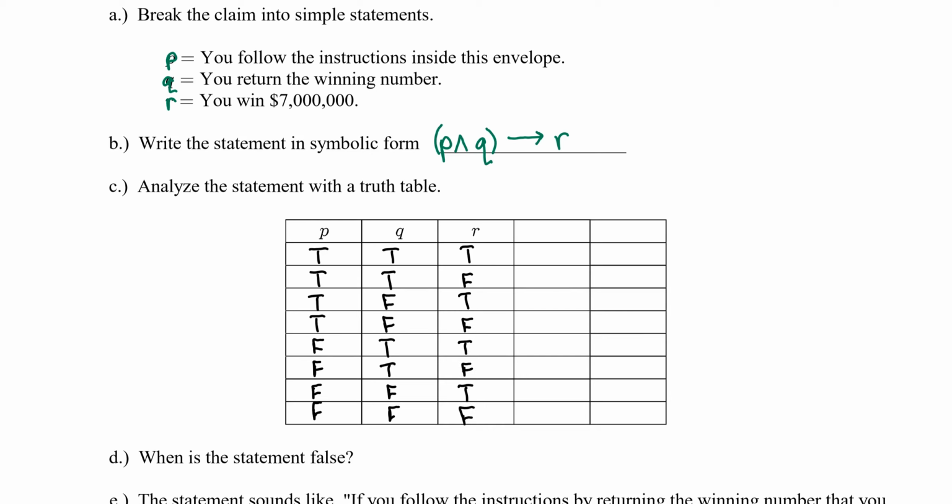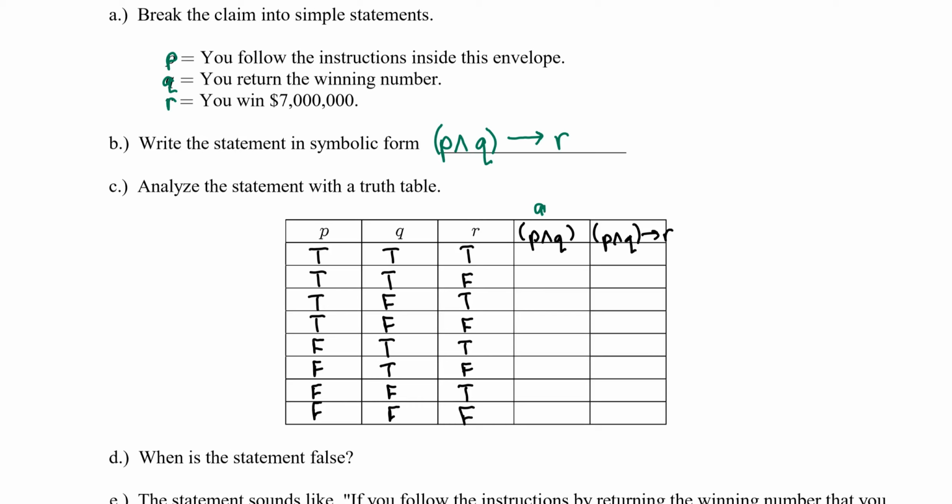And as you've learned, our entire compound statement is the destination of this truth table. That is our goal. So to judge the truth value of the conditional, we need to know the truth value of the statement on the left. That is our conjunction, P and Q, and we need to know the truth value of the statement on the right, and we will have that in this column here. So let's go ahead and use the rules for connectives to fill out our truth table.